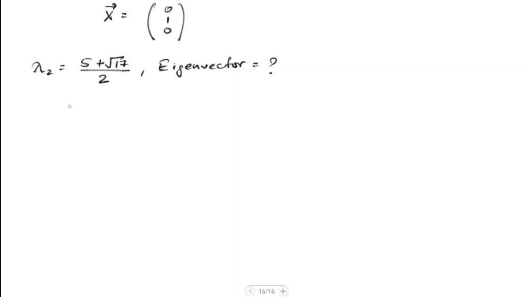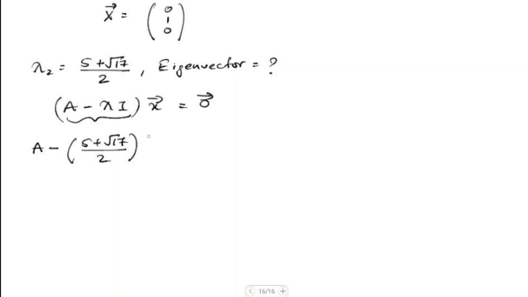So we have to again solve the equation, which is A minus lambda I times x is equal to 0. Solving this part first, we have A minus the value of lambda, which is known to us now, which is (5 plus root 17) divided by 2, times the identity matrix. So we'll have here